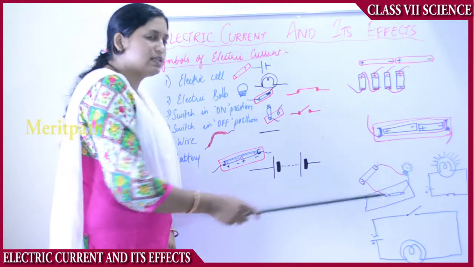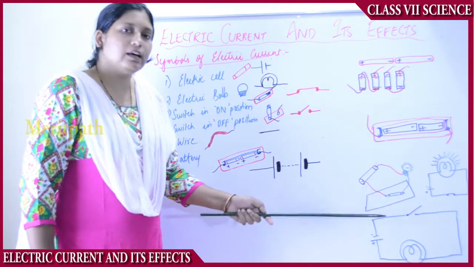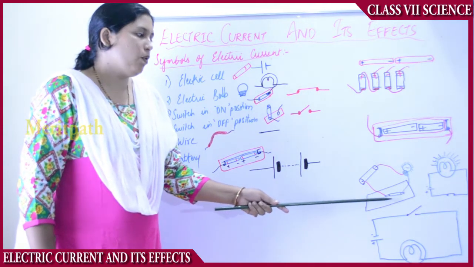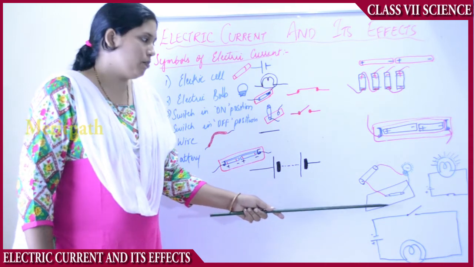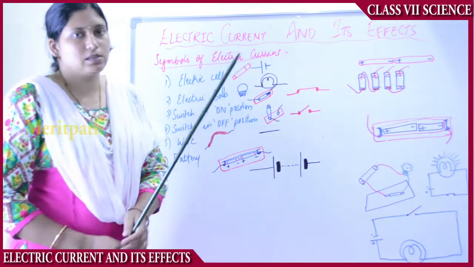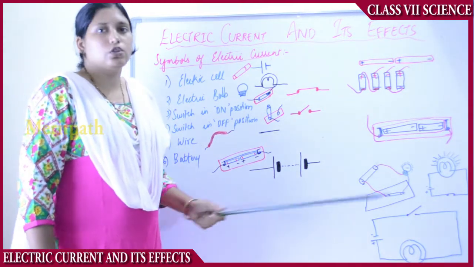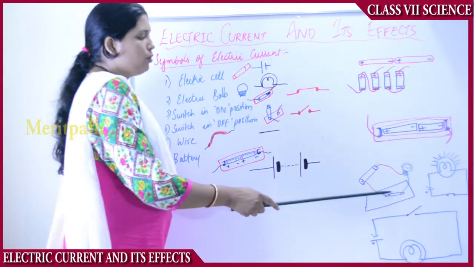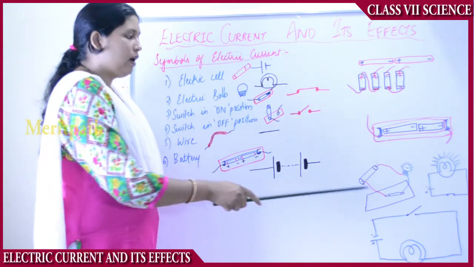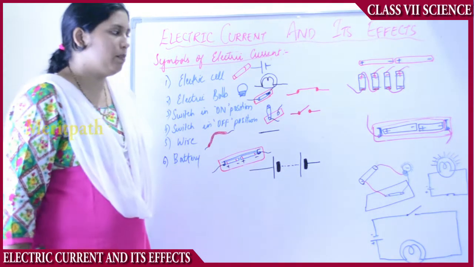This safety pin is imagined as the switch. So here the safety pin is touching both the nails, and the switch is in on position. It is connected to the two terminals of the battery, the positive terminal and the negative terminal. This is the wire and it is also connected to a bulb. So when the safety pin is touching these two nails, the switch is in on position, and there is a flow of electricity from the battery to the bulb, and so the bulb glows.